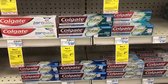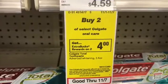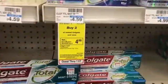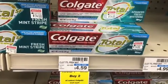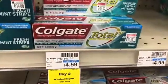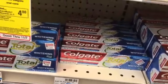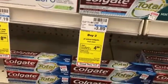The last thing I'm picking up in this transaction is going to be the Colgate oral care, which is on a buy 2 get $4 in extra bucks. So I'm actually going to pick up 3. Let's see, 3 at no. What am I going to do? I'm going to pick up 1 at $4.59, which is this one here, and then I'm going to pick up 3 at $3.89. Yes. So that's going to bring me to a cost of